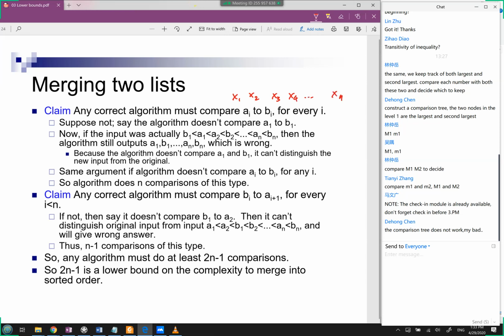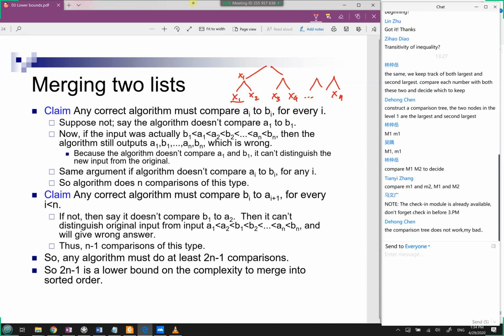You're going to form this comparison tree, meaning that you first pair up these numbers and compare these pairs. Whichever one is larger from each pair moves up the tree, and you do another comparison. For example, between x1 and x2, let's say x1 is larger, then x1 moves up a level in the tree, and you just ignore x2 from now on, because you know x2 is not the maximum value, since it already lost to x1.